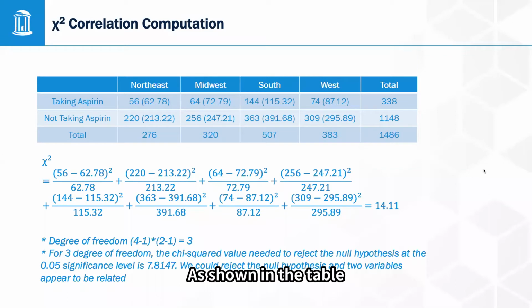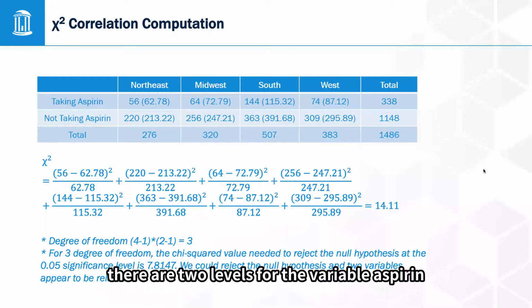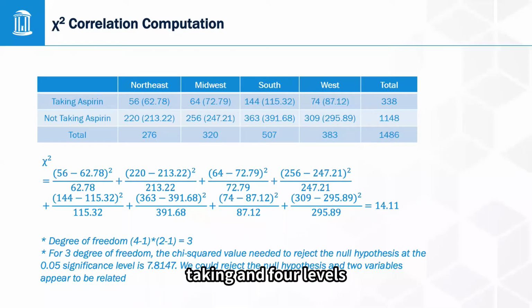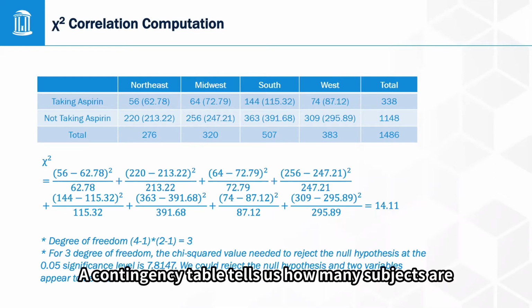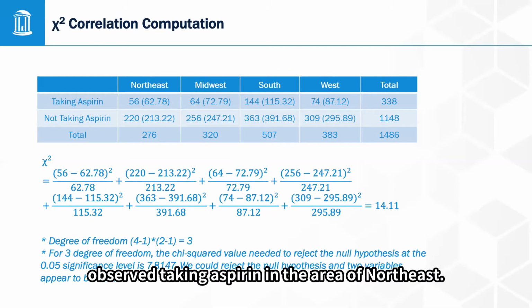As shown in the table, called a contingency table, in the slide, there are two levels for the variable aspirin taking and four levels for the variable geographic areas. Contingency table tells us how many subjects are in each category. For example, in the top left corner, we see there are 56 people observed taking aspirin in the area of